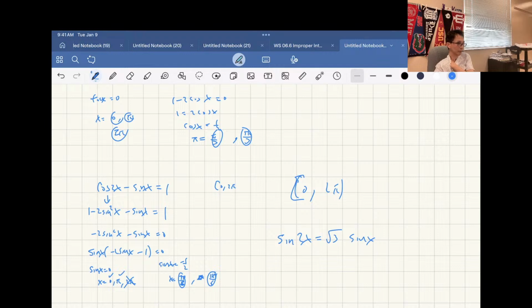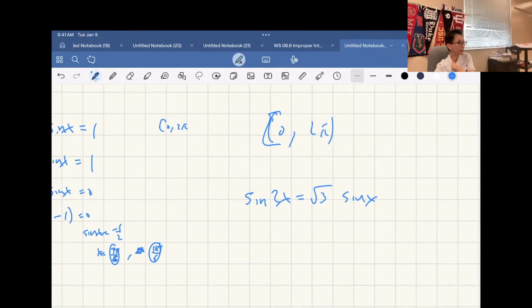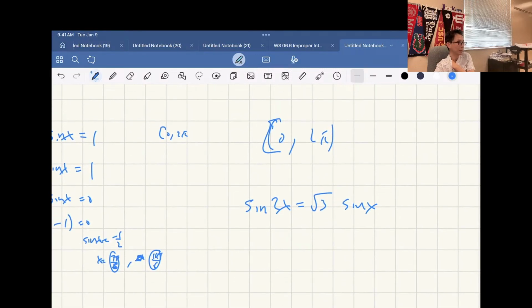I don't know, I looked at it. This is hard. You just have to know your double angle identity. So even though I'm not testing you tomorrow, you still have to know those double angle identities or sum and